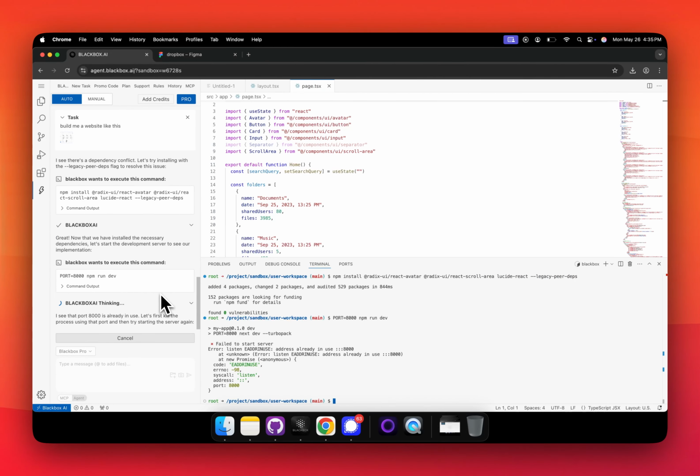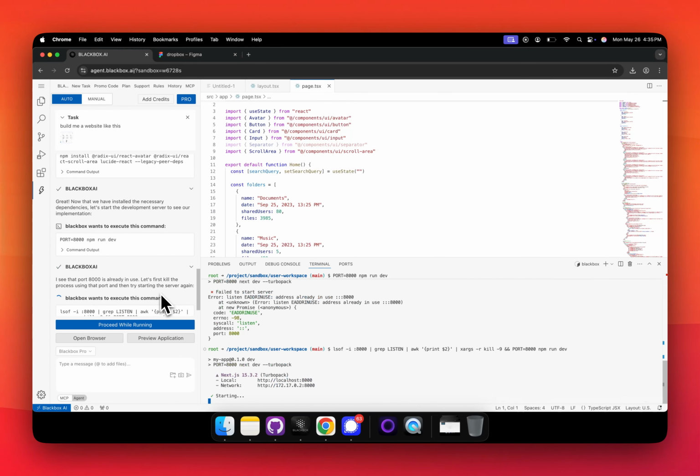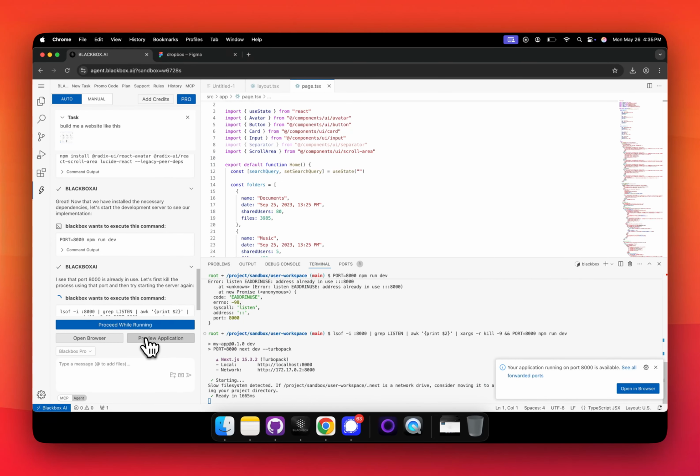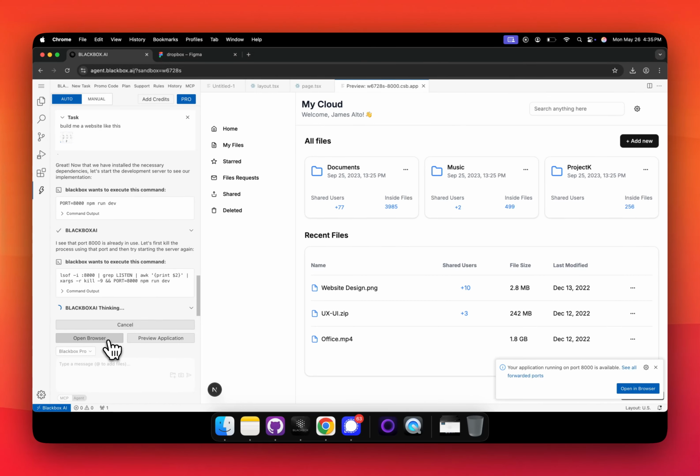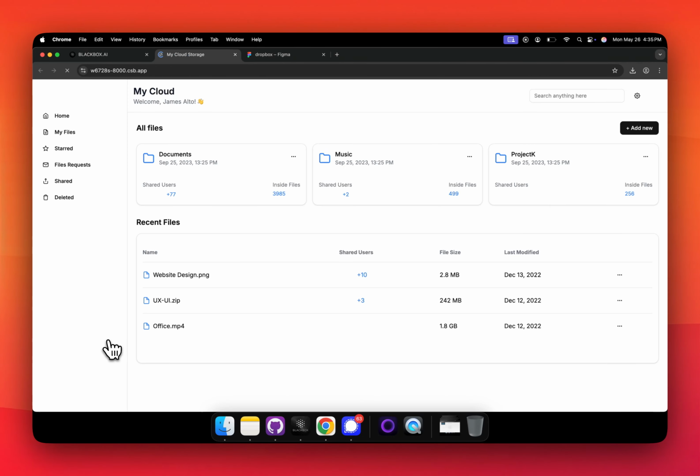So here it's close to running it. It's setting it up on a port. We can preview the application inside the IDE, or also if we want to open it completely in the browser, we can see the implementation that was done, the side navigation, proper modern icons, proper styling, matching